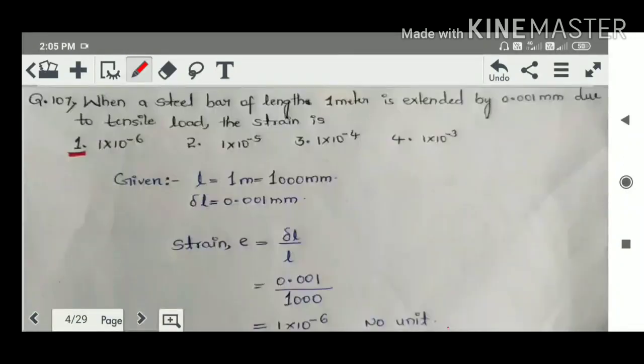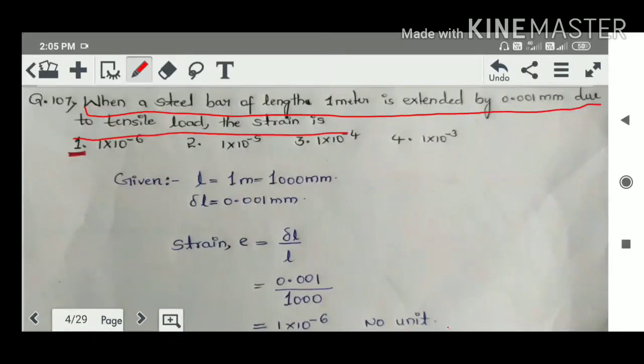Let's move on to question number 107. When a steel bar of length 1 meter is extended by 0.01 mm due to tensile load, the strain is, and the options are 1 into 10 raised to minus 6, 1 into 10 raised to minus 5, 1 into 10 raised to minus 4, 1 into 10 raised to minus 3. Okay friends, here the question is asking for strain,